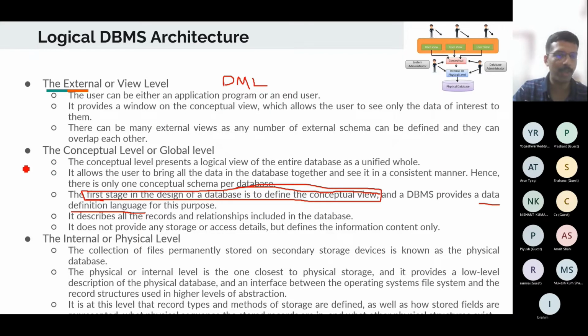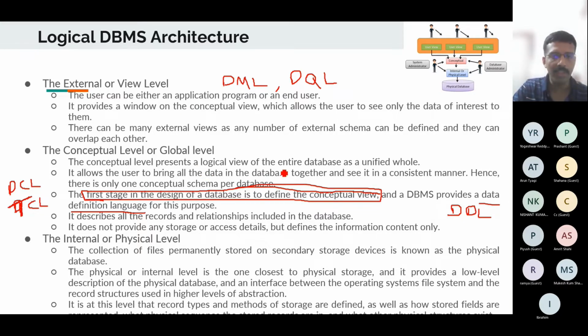There are other types of languages like data control language, and SELECT in SQL is sometimes called data query language also, and DCL, TCL, the transaction control language. So basically these 5 types: DDL, DML, DQL, DCL, TCL. We will be seeing these in detail when we go to SQL. These 5 types are basically the types of commands that are usually supported by any DBMS.